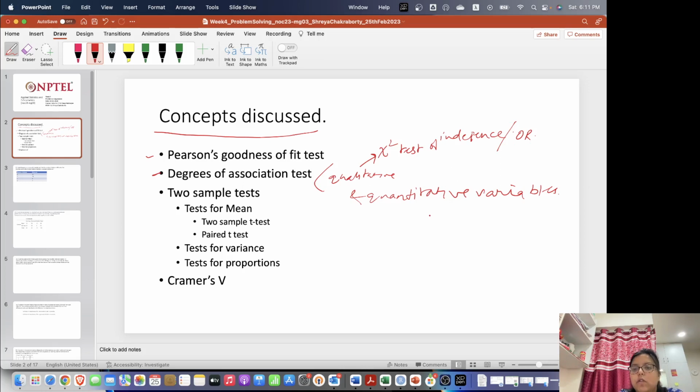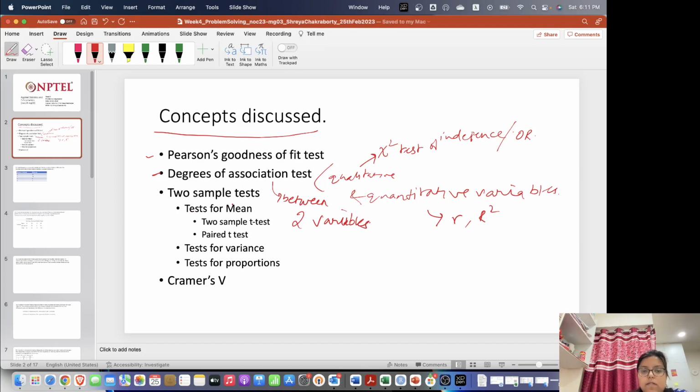And for quantitative variables, we learnt about the correlation coefficient and the coefficient of determination that would give us some idea on the degrees of association between two variables. And also